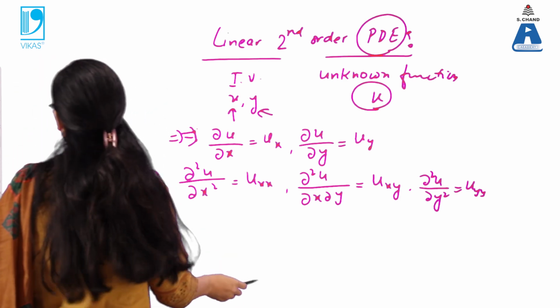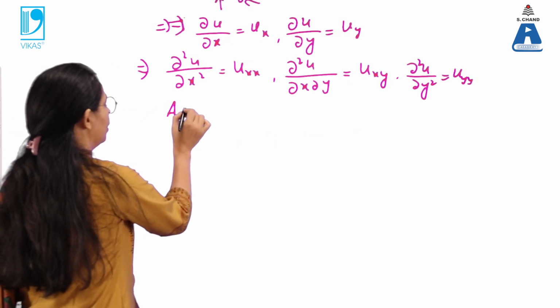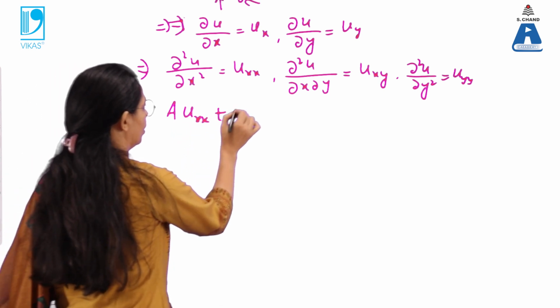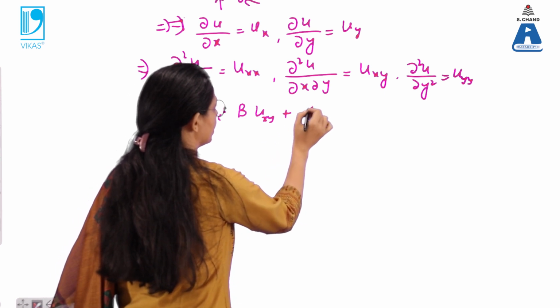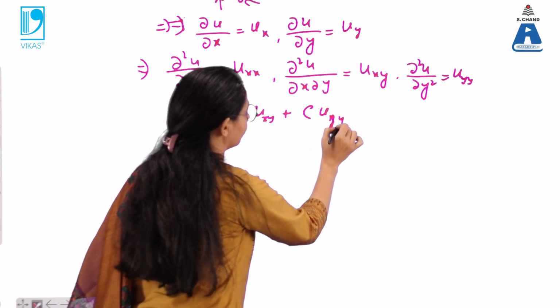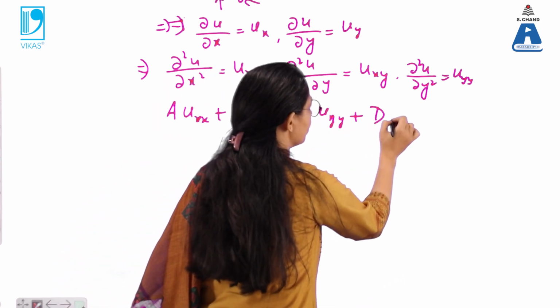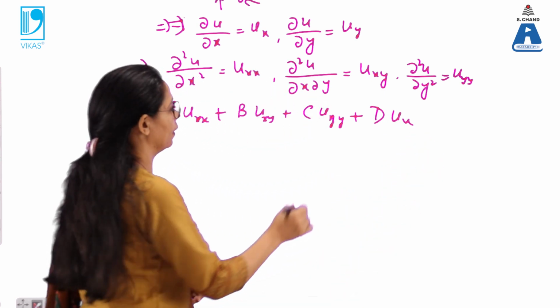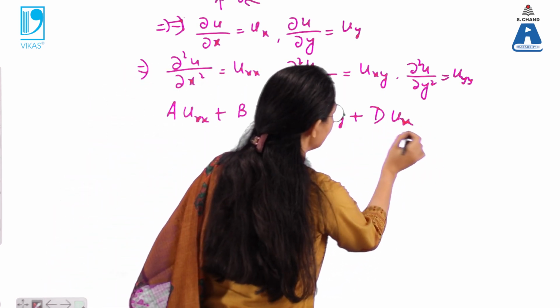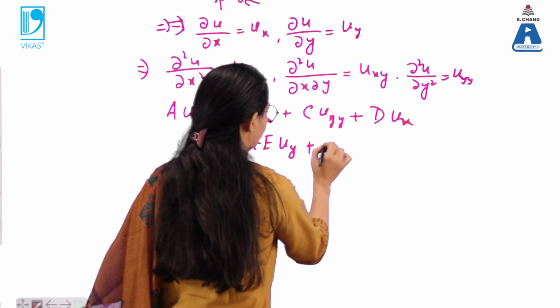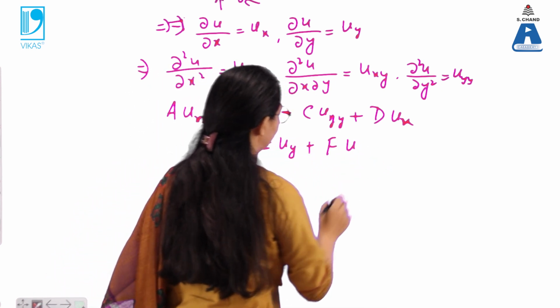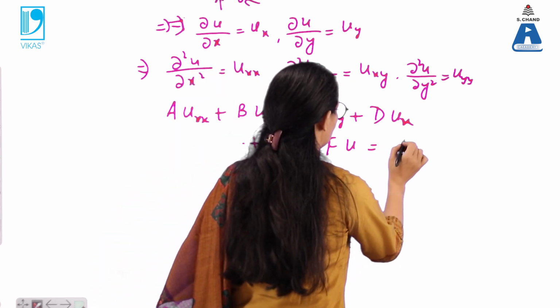So, we will see that, let us say, A uxx plus B uxy plus C uyy, and since it may involve the first order partial derivatives also, D ux plus E uy plus F u equals G,